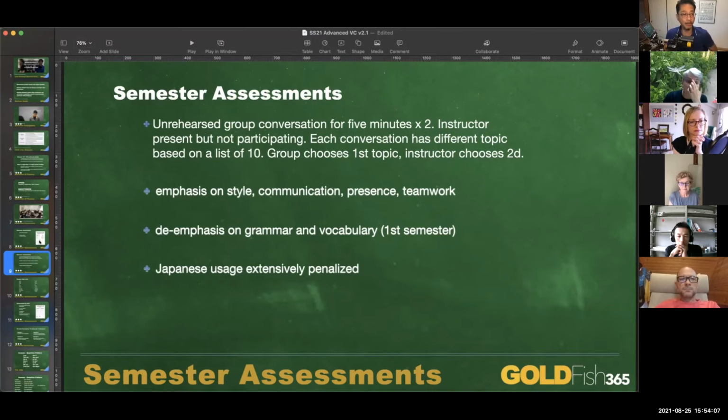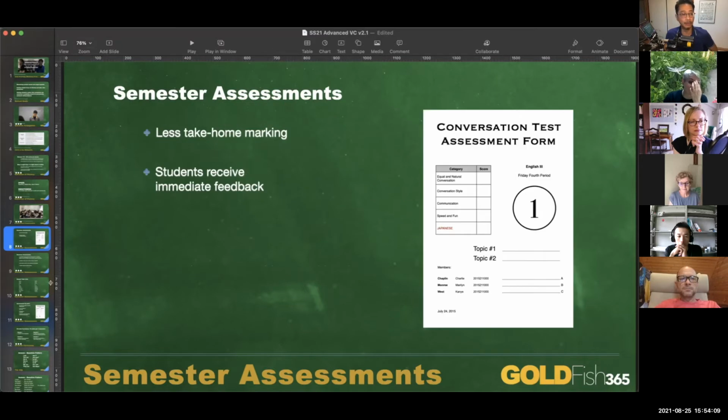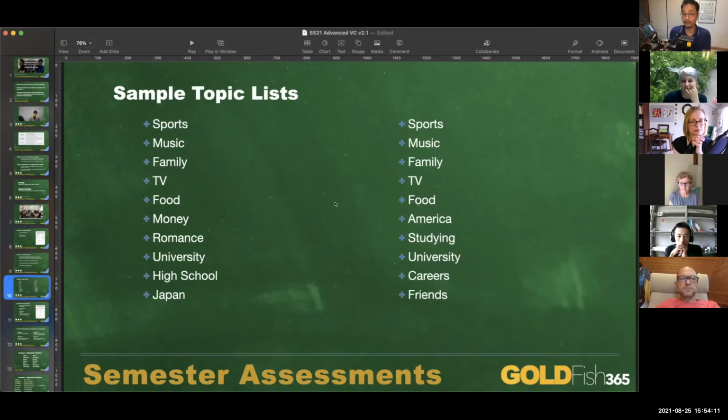And those topics that I was talking about here, topic 1, topic 2, here are some basic topics that I use. You could have the first semester, the 10 topics on the left, second semester, 10 topics on the right, so that they'll have a bunch of different things to talk about. And the basic rule is that in the first conversation, topic 1, they can choose from any of these topics. If they are from this list, any one of them will be fine.